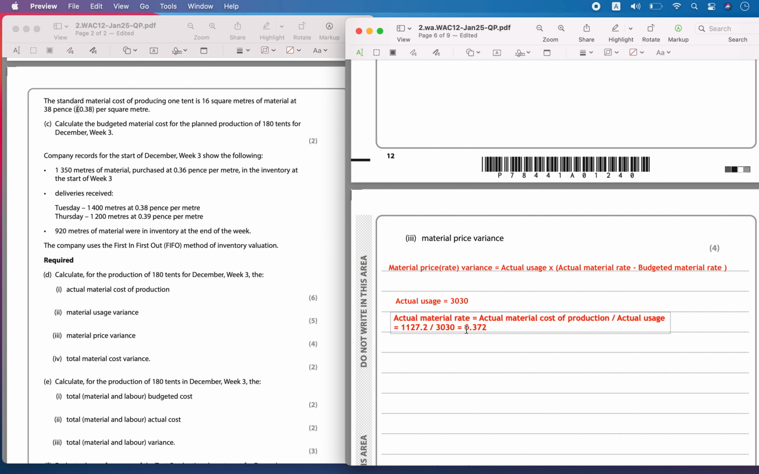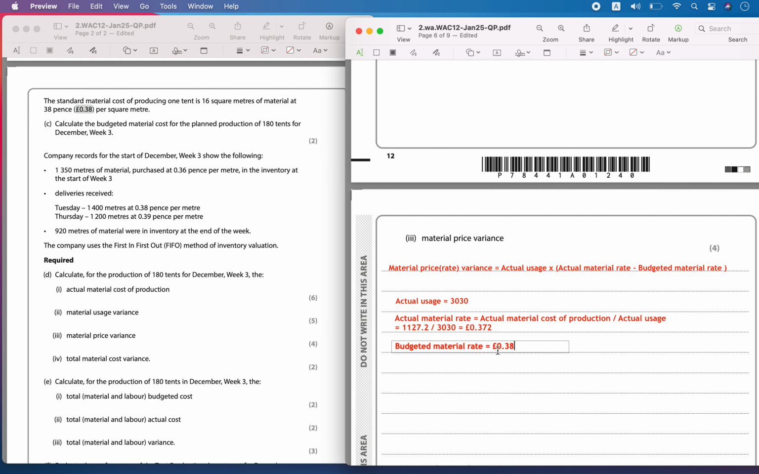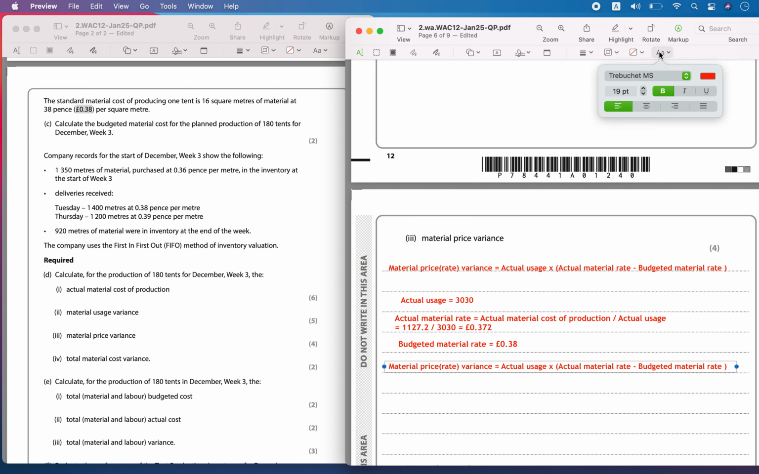But we can see our budgeted rate was 0.38. So the budgeted material rate, which was estimated, is this rate, which we had estimated that this should have been the rate. Now let's calculate what is the variance that has taken place. So the material rate variance, or the price variance,